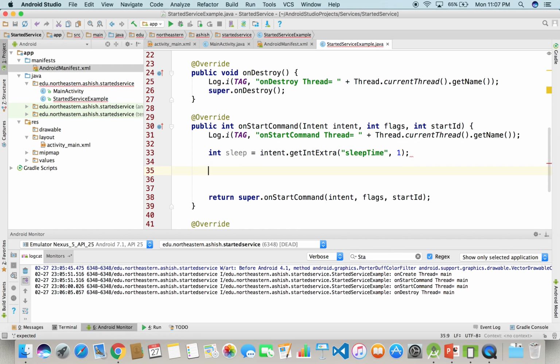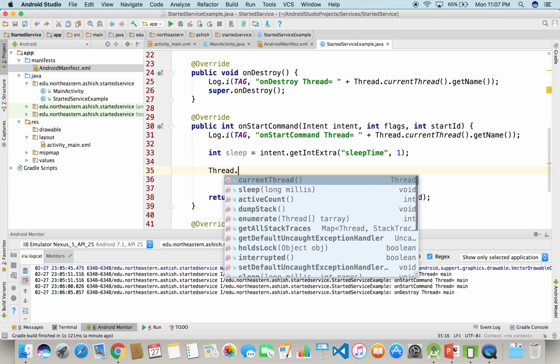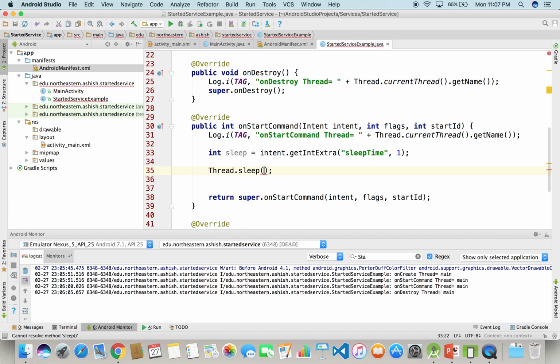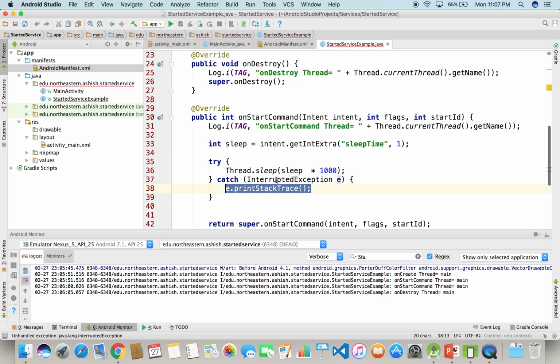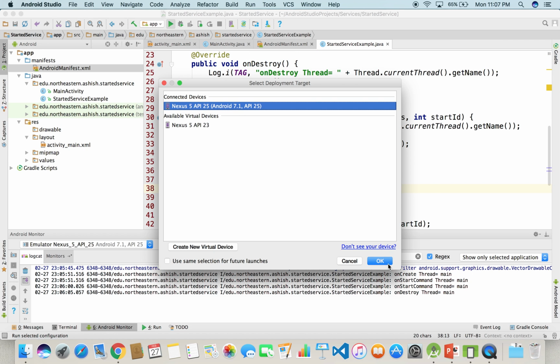Okay, and we want to sleep for that much amount of time, so we'll say Thread.sleep, and we'll say sleep multiplied by 1000. Okay, it'll complain, so we'll put it inside a try-catch. Okay, this sounds good. So when we run this,